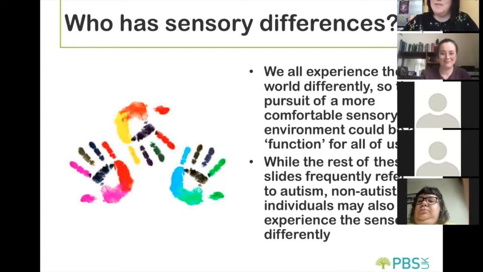So we're all different. We've all got sensory differences. We perceive the world differently. And we've all got certain behaviours that would serve a sensory function for us. There might be certain self-stimulatory acts we carry out, whether it's flicking a pen, or our leg wobbling, all of those kinds of things. So many things we engage in potentially feel good for us, and make us feel a little bit more relaxed, a little bit more calm, a little bit more at ease within our environments.